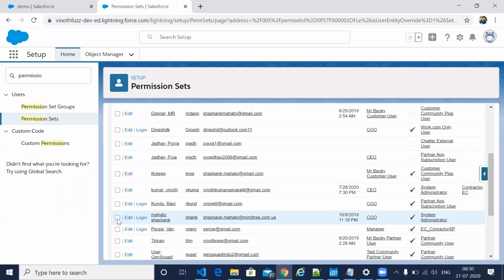I already chose Vinod, so he will have that extra access available in the permission set. But Shashank, although he has the same profile, will not have that extra access since I am not assigning that permission set to him.